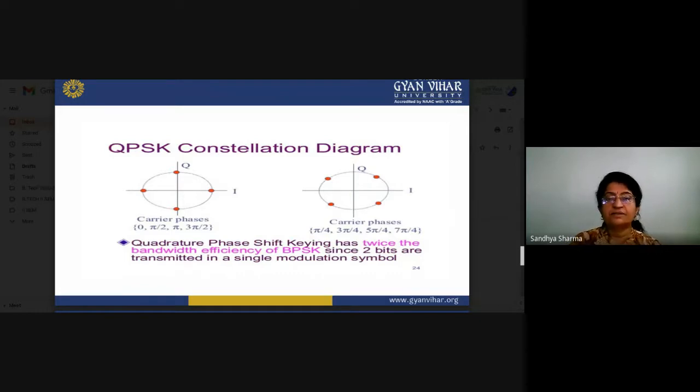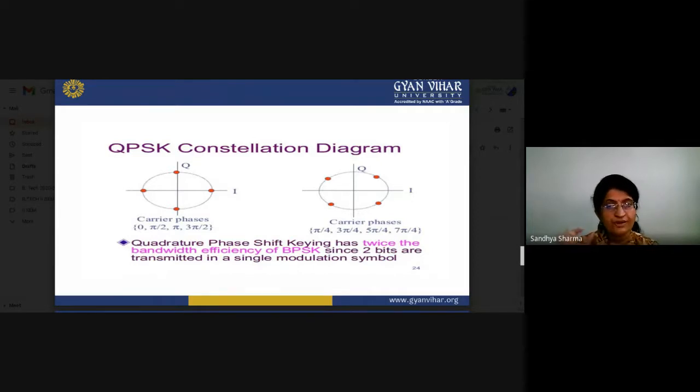If we are opting for the reference x and y axes, the phases are 0, pi by 2, pi and 3 pi by 2. If we are working on the other system, we will take a 45-degree starting angle from the carrier signal, and according to that we will revise this. Since you have four symbols,